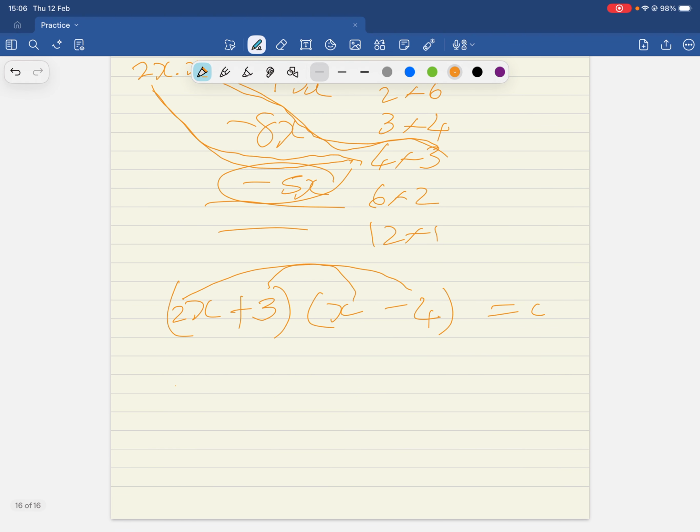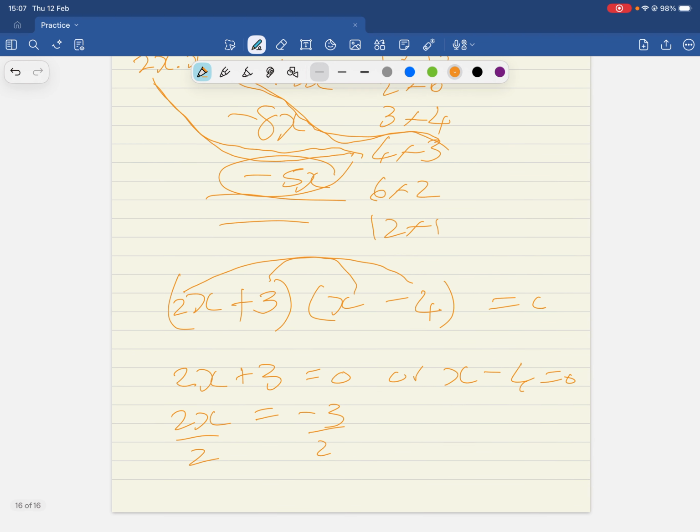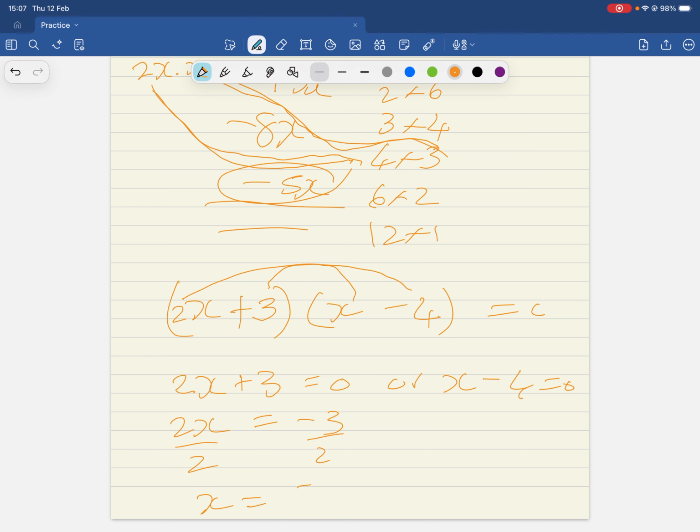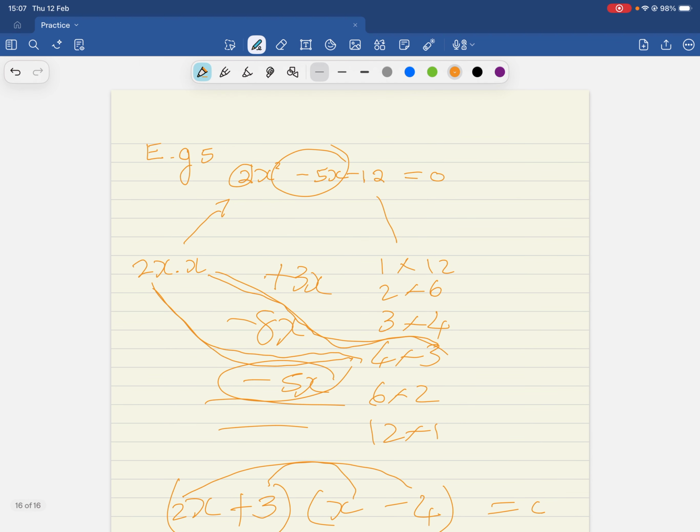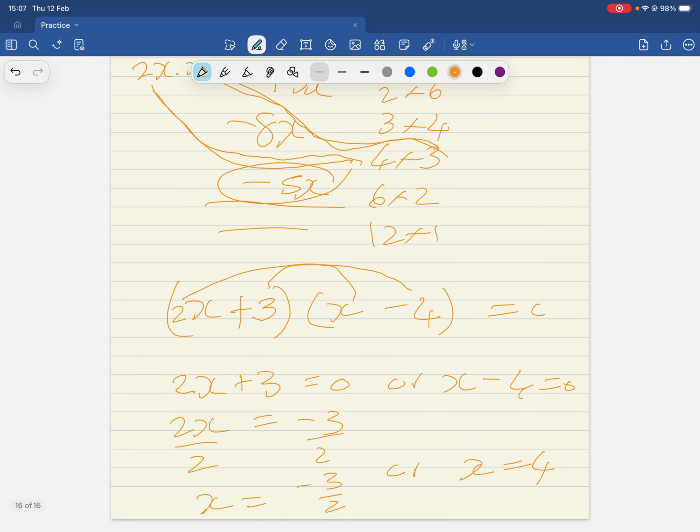So if I go now, 2x plus 3 equals 0, or x minus 4 equals 0. Then 2x equals negative 3 and you divide by 2, that will give you your final result. Or x is equal to 4. Okay, so what we're going to do now, we want to see if this is actually in fact, I mean, this is just an aside, but it's also